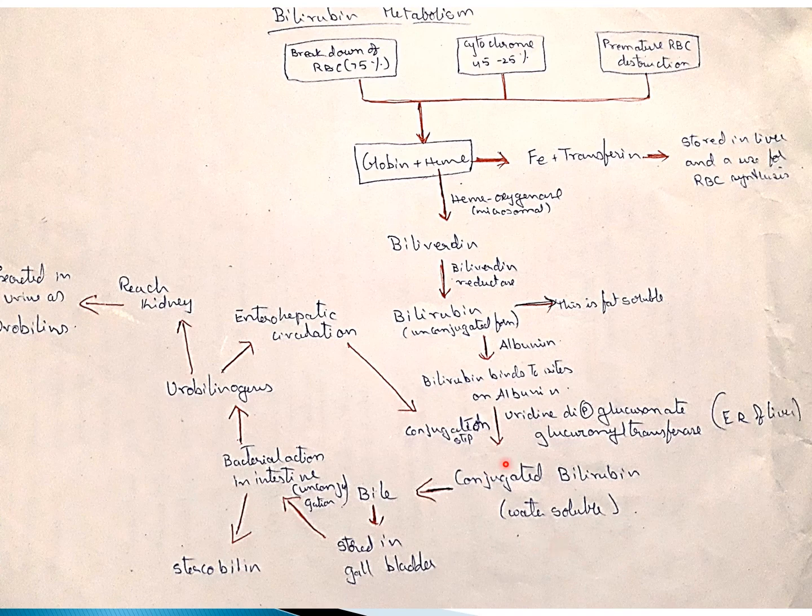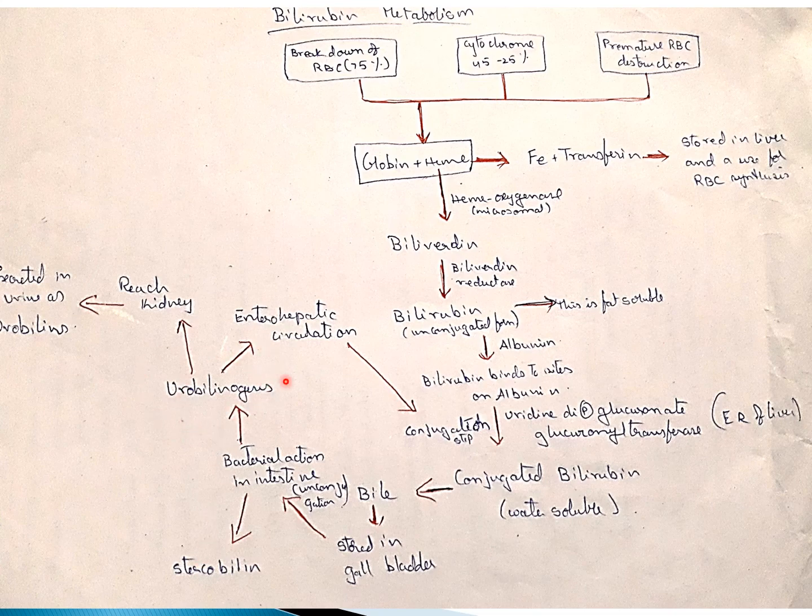Actually this soluble form is transported to the bile. Now this bile is stored in the gallbladder, and upon stimulation it is excreted. Whatever is excreted is acted upon by the bacteria of the intestine, and it gets unconjugated here, and it can result in stercobilin that imparts color to the feces. You have urobilinogen which is produced, from which stercobilin is produced.